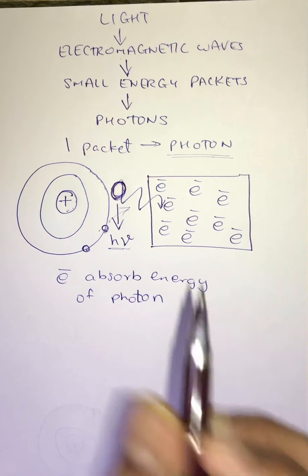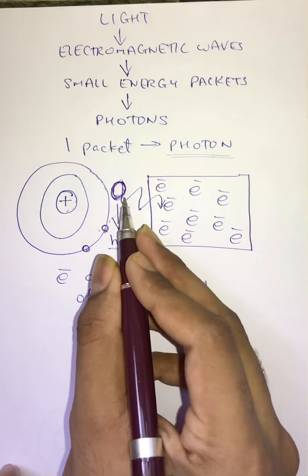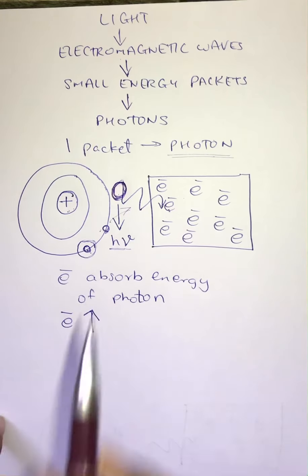Since this electron has absorbed energy from the photon, the energy of the electron has now increased. Can I say that the energy of this electron has increased because it has absorbed the energy of the photon? Am I right? These electrons are nothing but the representation of these electrons only. I have represented these electrons here. So now this outermost shell electron is going to gain energy.